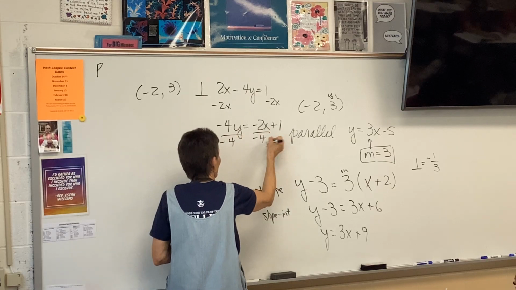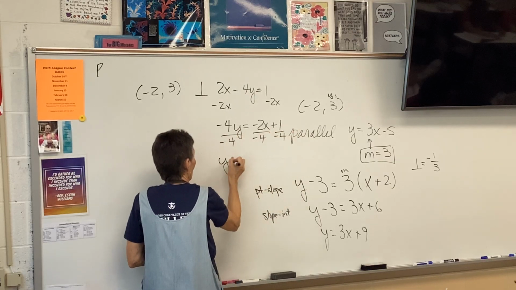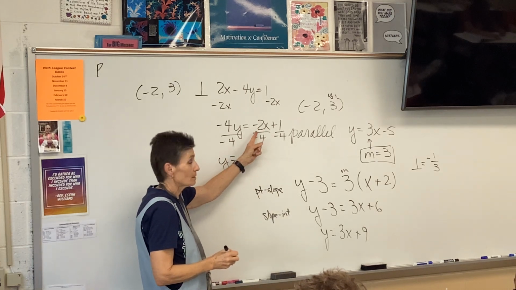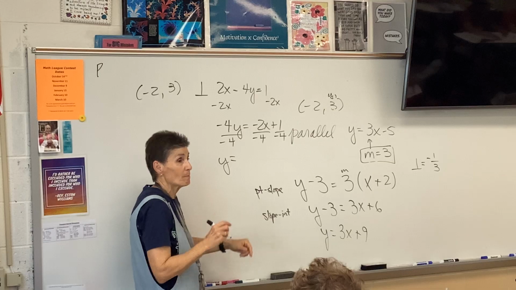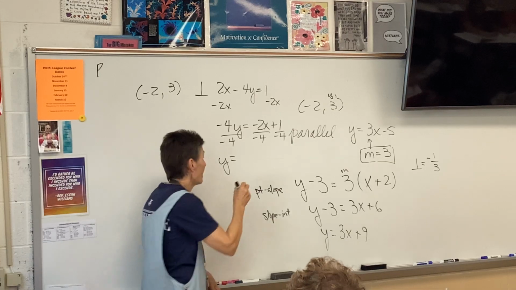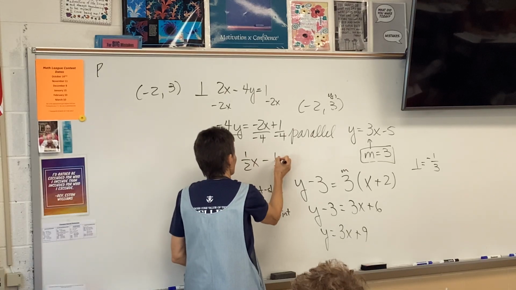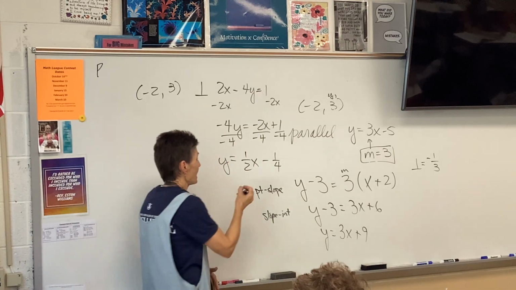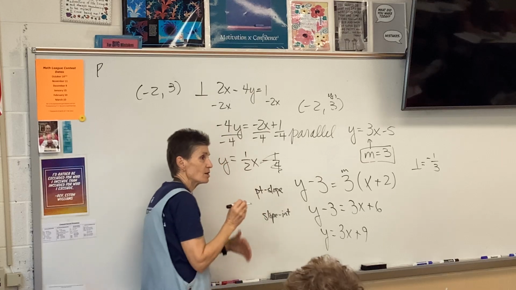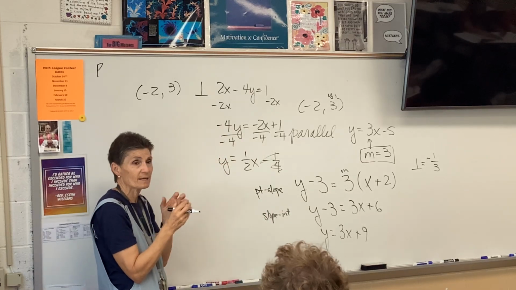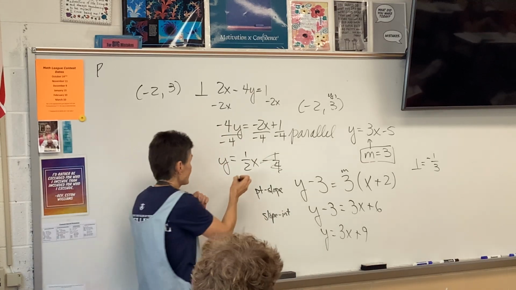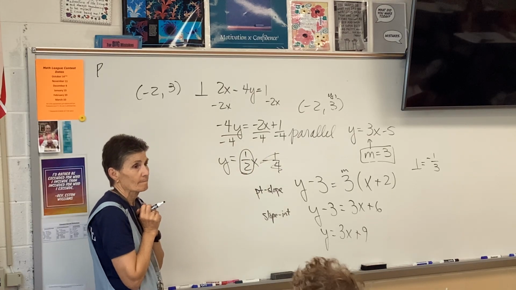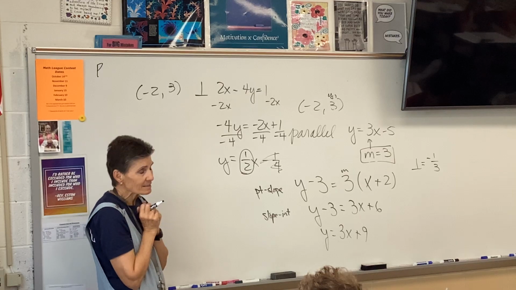Dividing by negative 4. Y equals what? What is this right here? Yeah, it's actually gonna be positive 1/2. Now, I don't really care about this because the only reason I'm doing this is to get the slope, right? And this is my slope. Now, if that's the slope